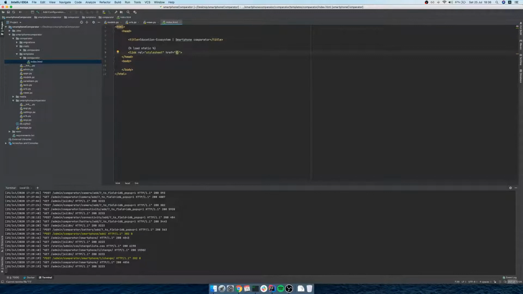And now this is, how's the word, fill together the static folder, which is static slash comparator slash, in this case it's comparator slash static, and then here just place comparator slash your file. I could also import here the index.js,